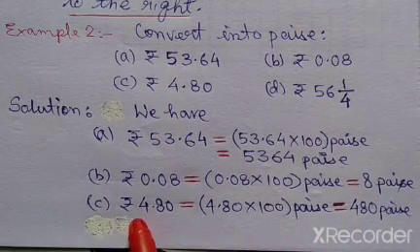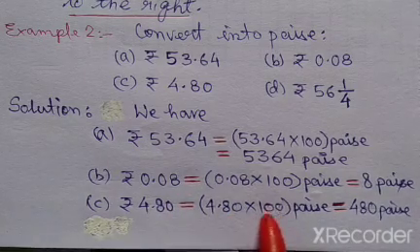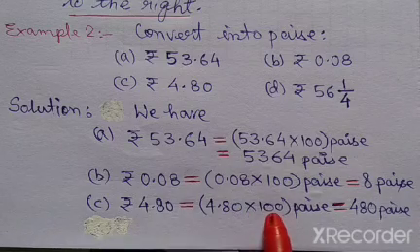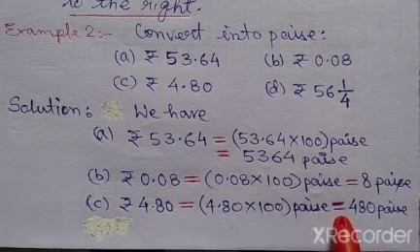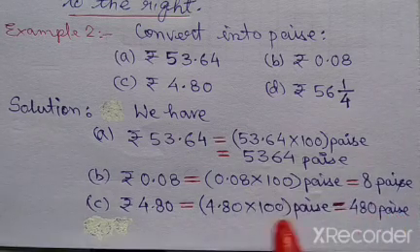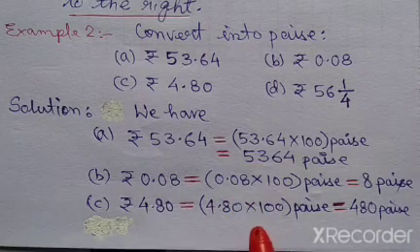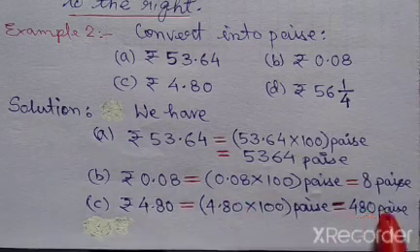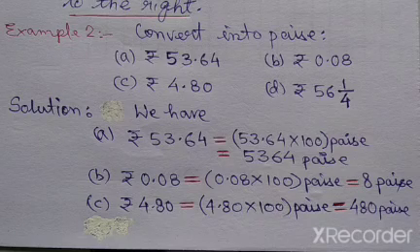Let us take one more example, rupees 4.80. Again children, what will you do? Simply multiply by 100. So put 4.80 in the bracket, multiply by 100, after that write paise, because we are converting into paise, equal to 480 paise. Look here, this decimal point will shift 2 places to the right-hand side, and it will be after 0. So it will be equal to how much? 480 paise. So in this way, children, we convert rupees into paise, according to the rule.